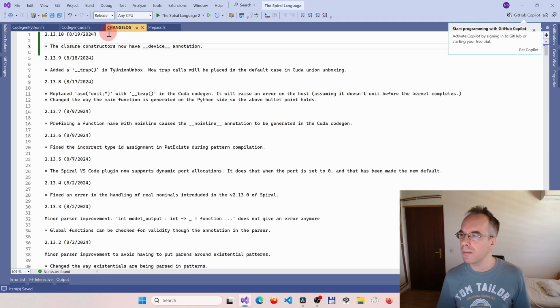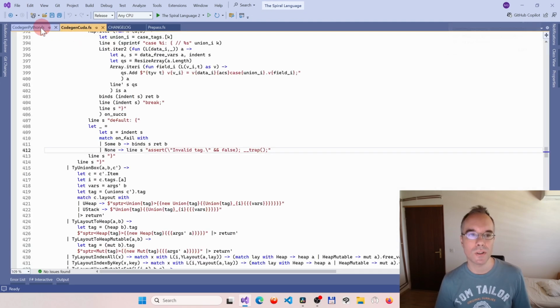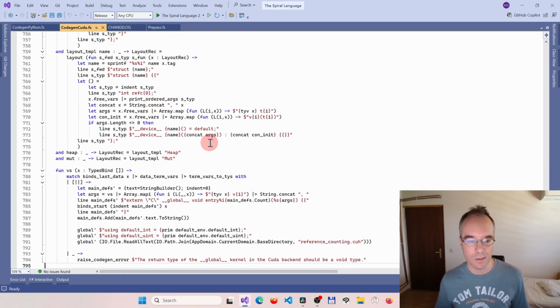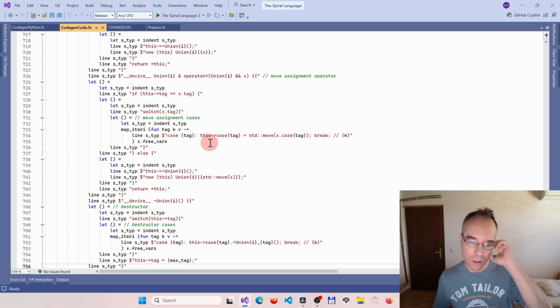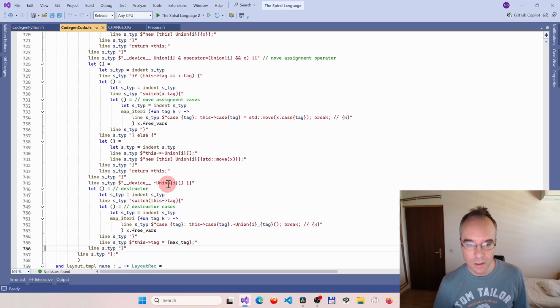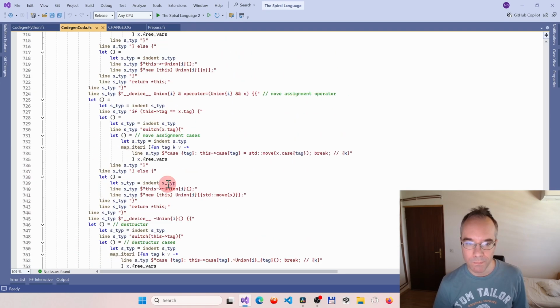I mean, yeah, we probably tested this with NVRTC before, and there it worked, but over here it doesn't, so we need to change it. Device union operator. Okay, so the structure does have this device, and we're only missing the